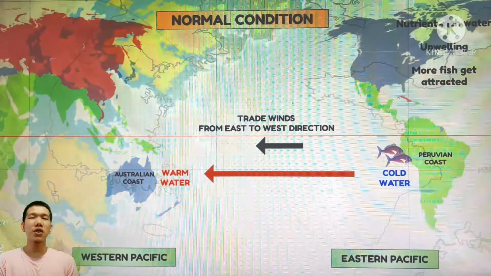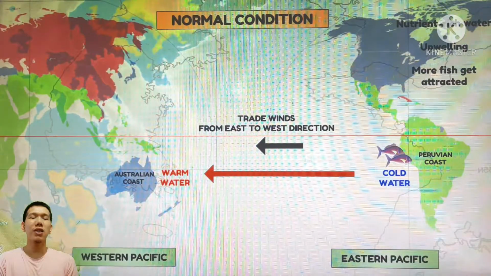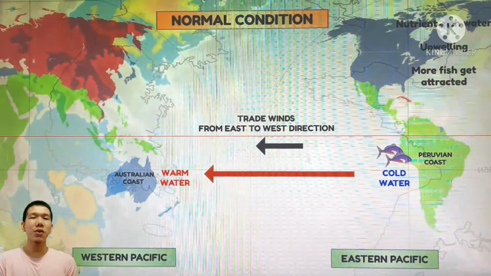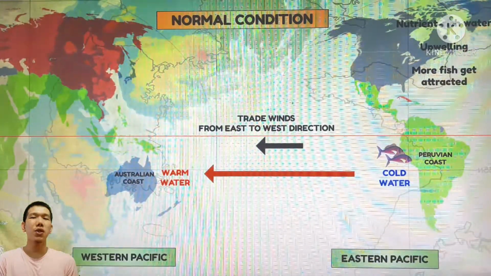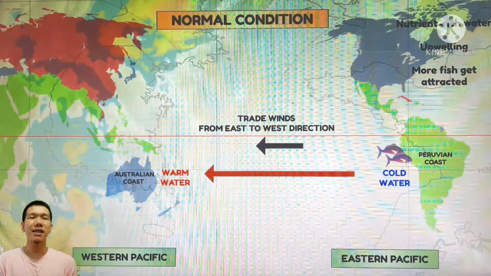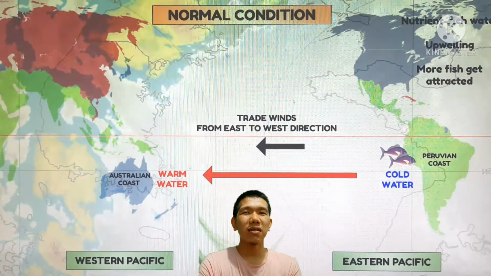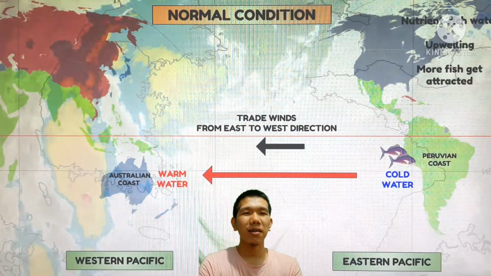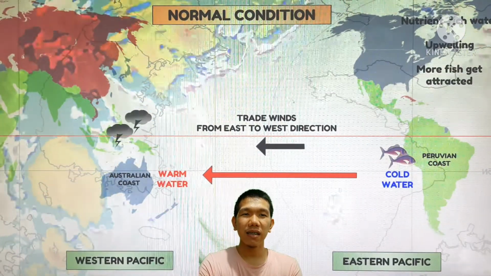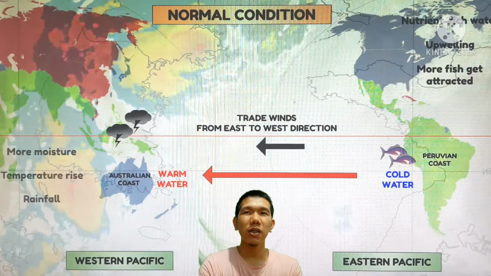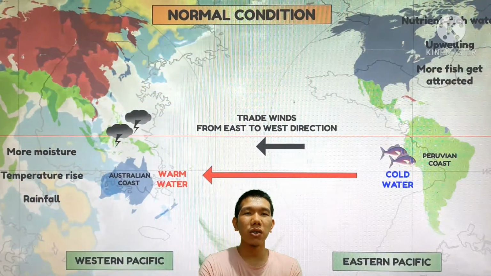And most of the fishes get attracted due to the change in temperature. That is the reason why most of the fishermen fish during this time of year. While in the Australian region, more moisture, temperature rise, and rainfall are accumulated, resulting in evaporation and formation